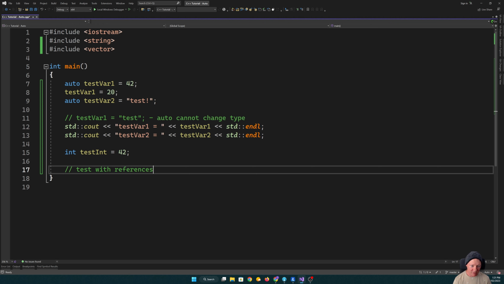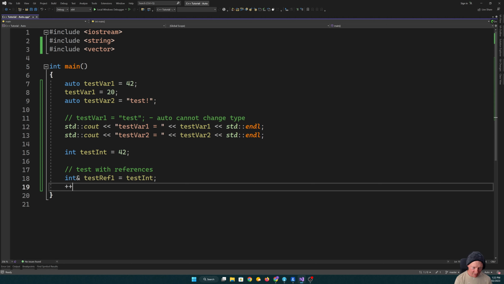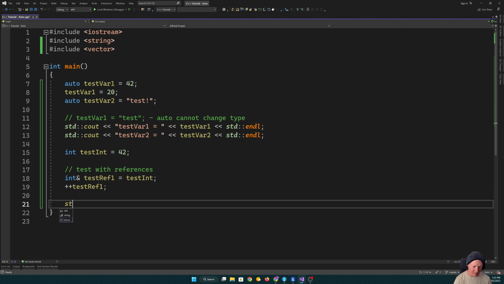So I'm going to have int ampersand, so a reference, test ref 1. I'm going to say test int. And then if I increment test ref 1, let's output our values here. So we'll have our value for test int, and we'll have our value for test ref 1,